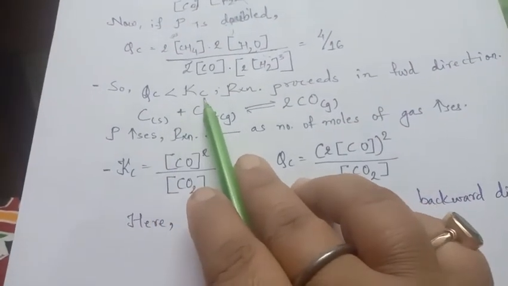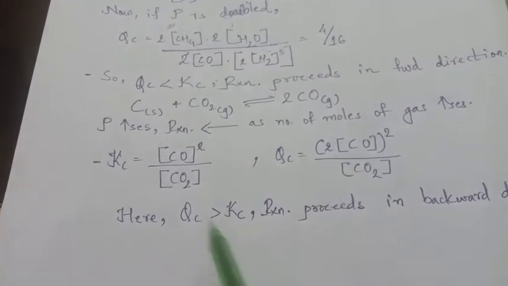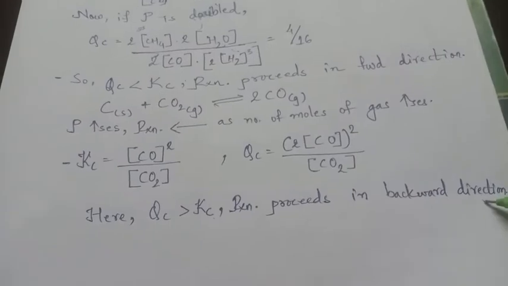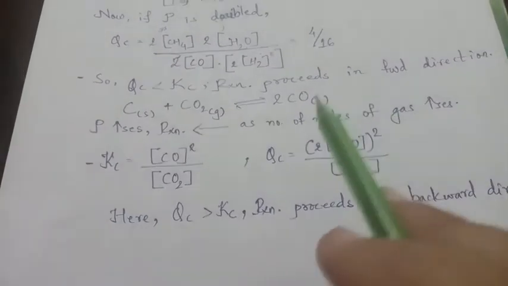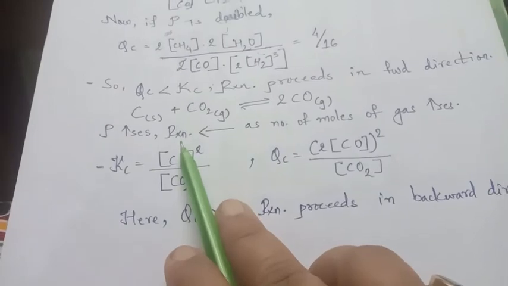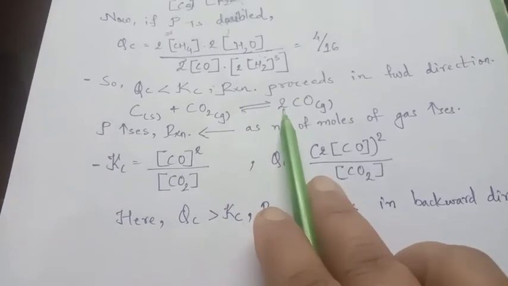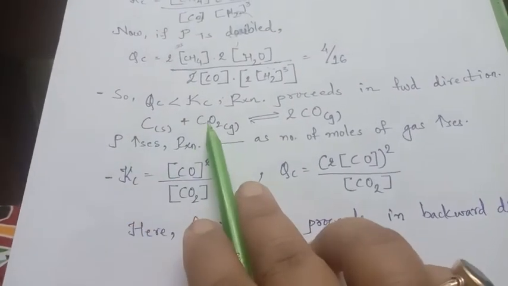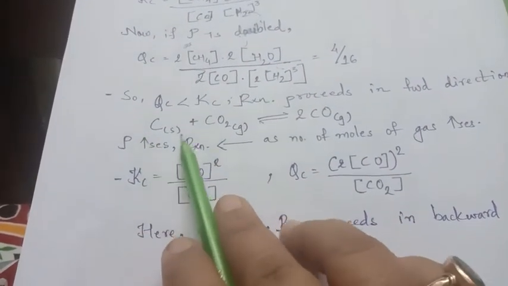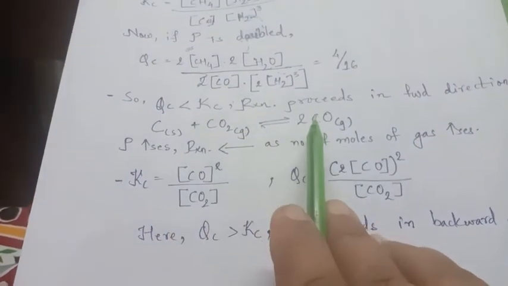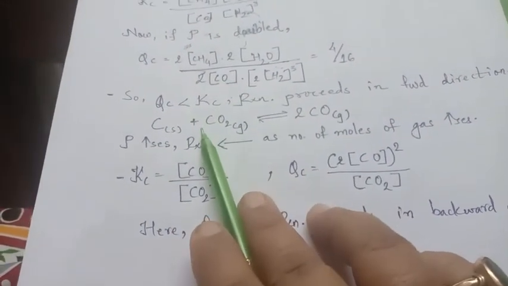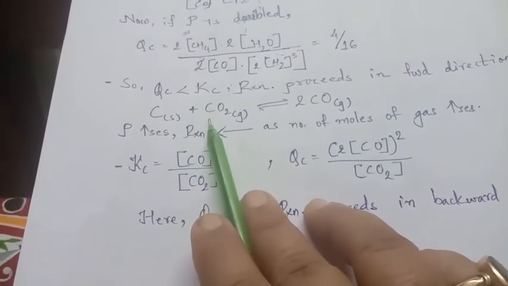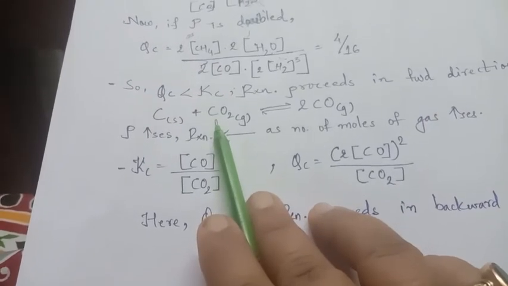Qc less than Kc, the reaction proceeds in the forward direction. Qc greater than Kc, the reaction proceeds in the backward direction. So here the number of moles is 2. Now here the number of moles is 1 and 1, but in calculation the solid is not considered. So here you see 2 moles, here it is 1 mole. Right? So thus the change in the volume is affected because of the pressure and